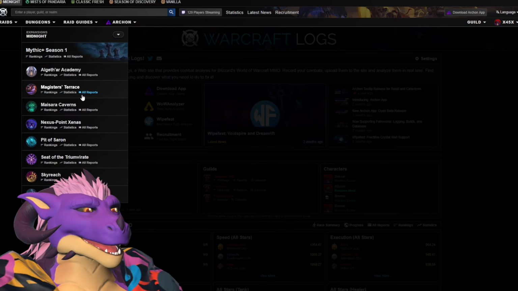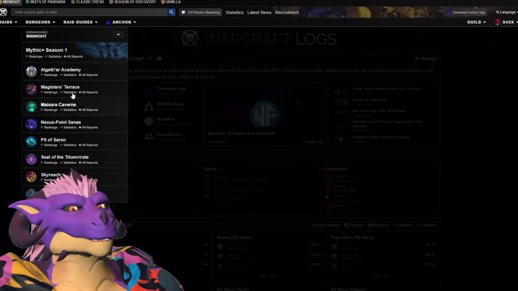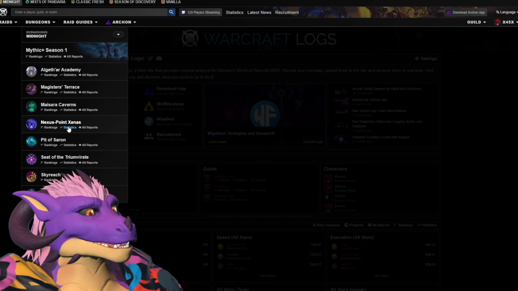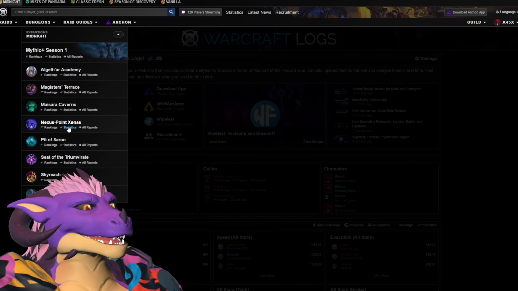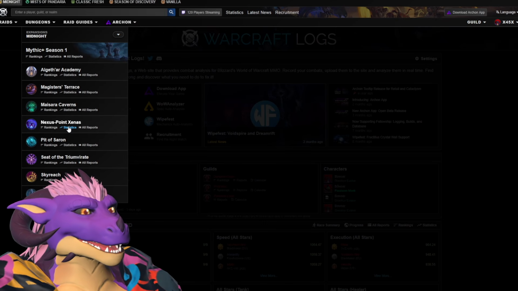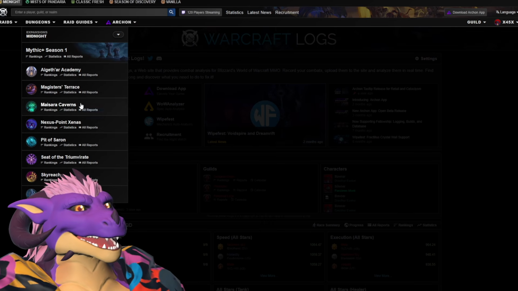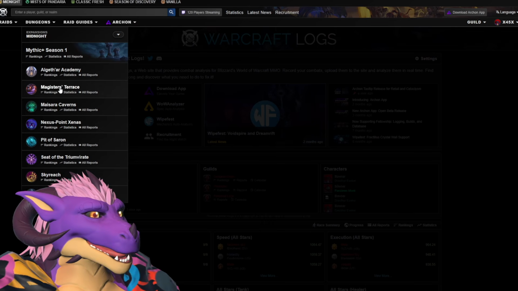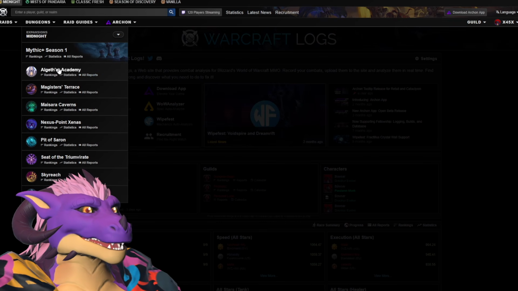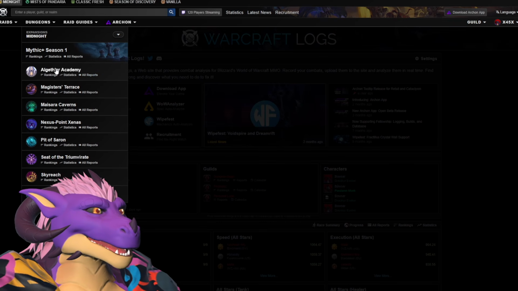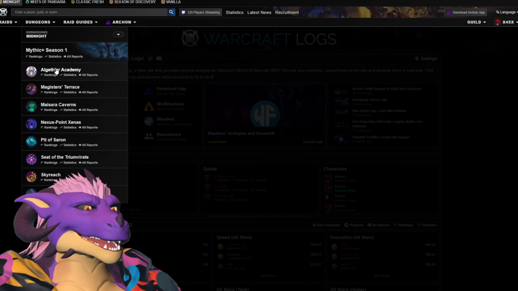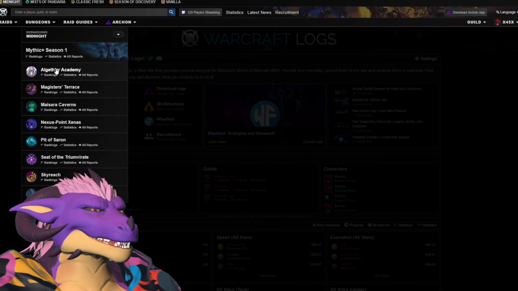And before we talk about roles and anything like that, just start by picking a dungeon that either you struggle with or a dungeon that you know has a good mix of AoE pulls and single target boss fights. Something that gives you a wide range of things that a player has to do. I really like Magister's Terrace for this. An argument can be made for Algathar Academy, but it does have that crazy first pull that can lead to misleading numbers.